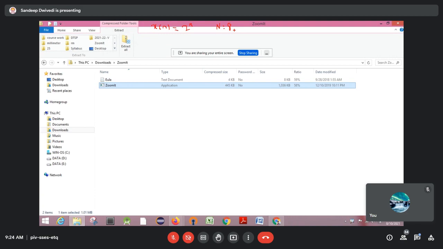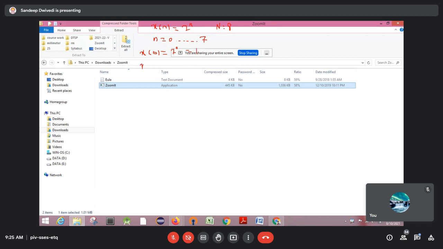Here the value of small n will be from 0 to capital N minus 1, and capital N is 8. So this will be 0 to 7. You need to put these values over here and you will get x of n. First element, x of 0, when the value of n is 0, will be 2 raised to power 0. That means it is 1. So x of 0 will be 1.